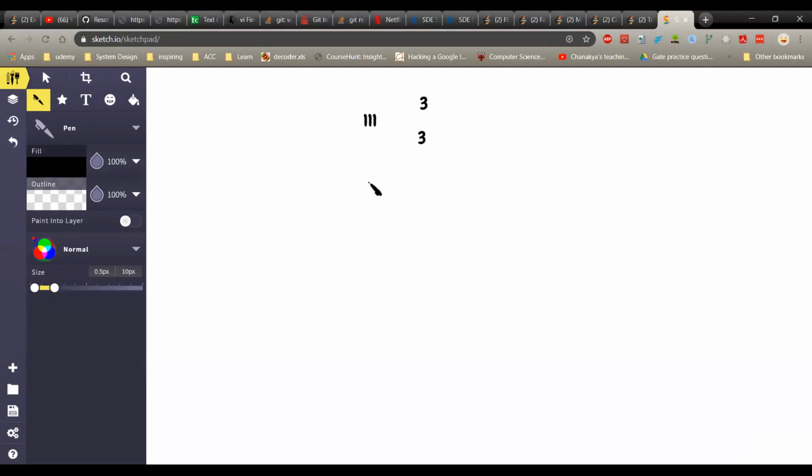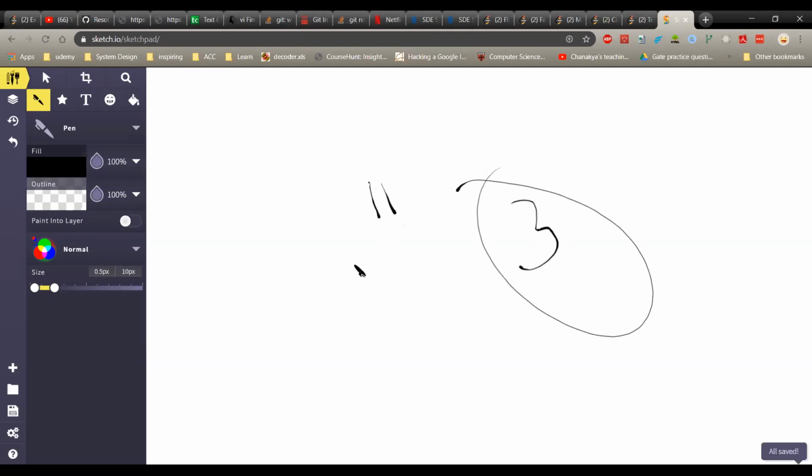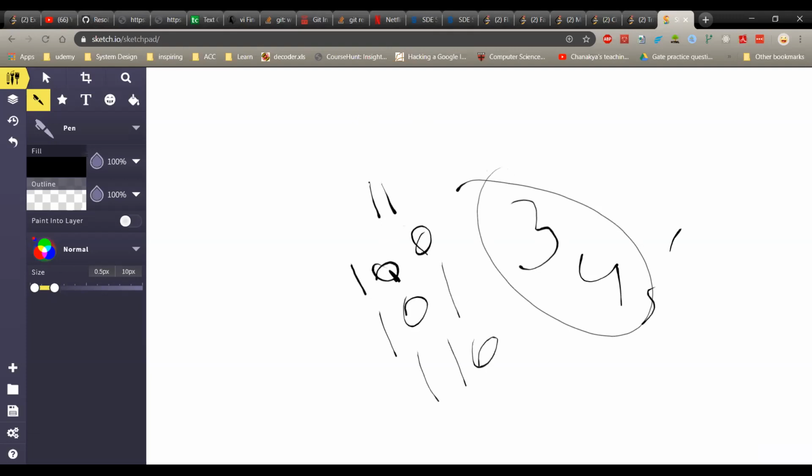Then we add 1 to it, then it becomes 1, 0, 0, and 4 comes. Then we again add 1, 101, 5 comes. Then 6 comes. Then 7 comes. Now when we add one more to it, it will become 4 bits.